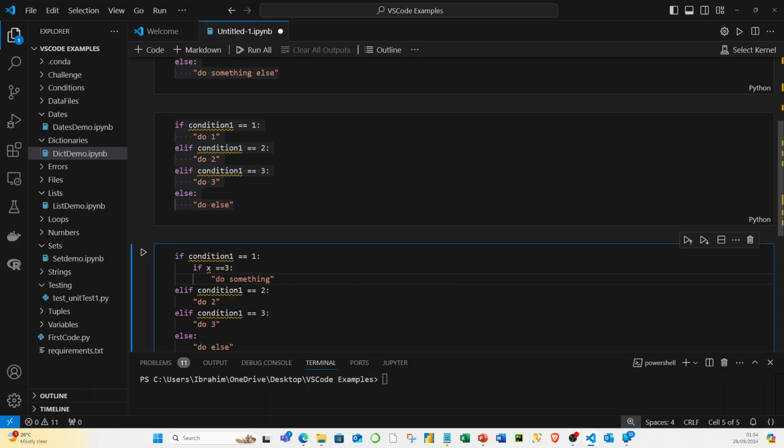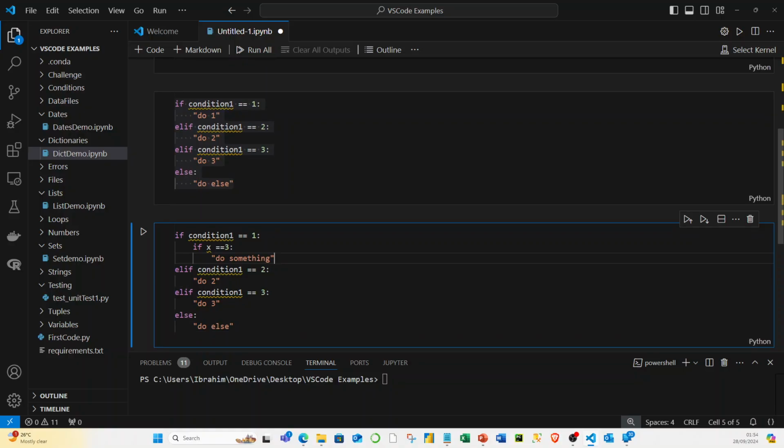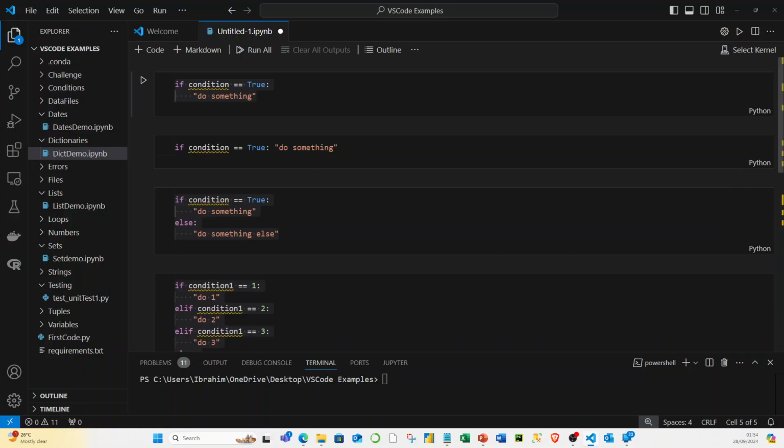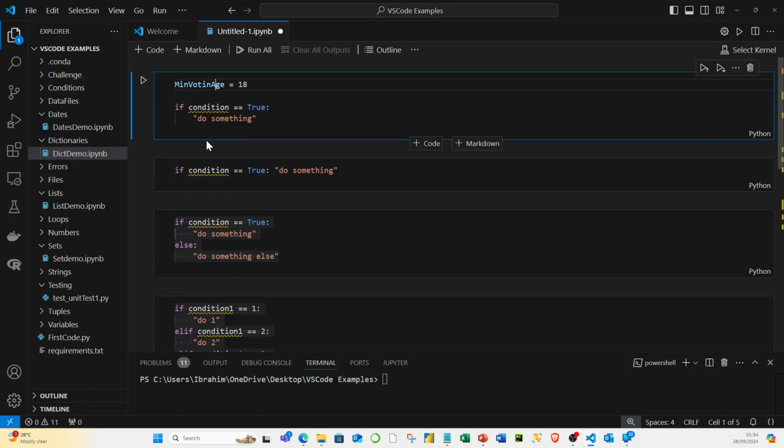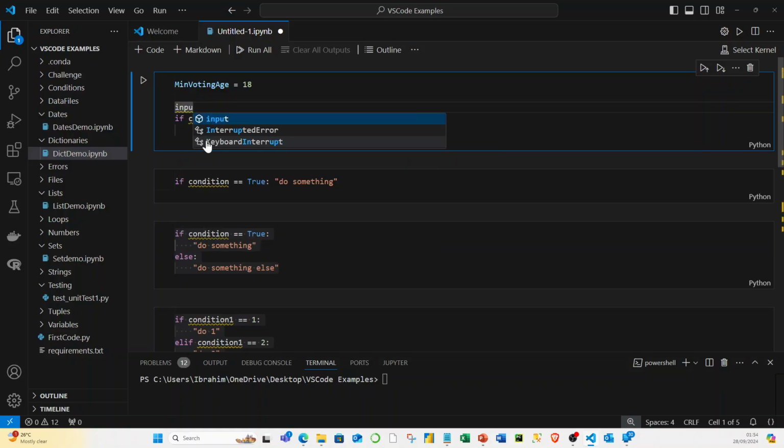But before it gets a little bit messy, let's start dealing with tangibles by going up here to see exactly the scenario where this construct is going to work. So let's say it's election year and you want the minimum voting age to be 18. Okay, and I come in here, that's a typo, minimum voting age is 18, and then you prompt me for my own age, and I give you my age,